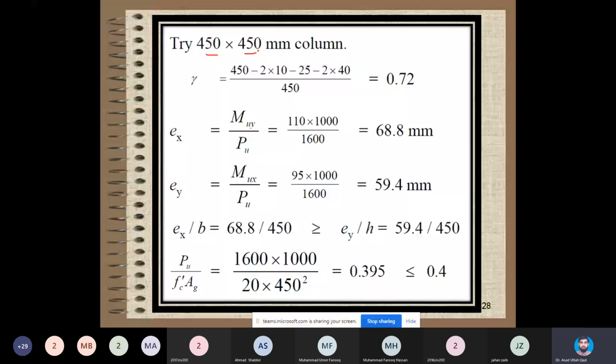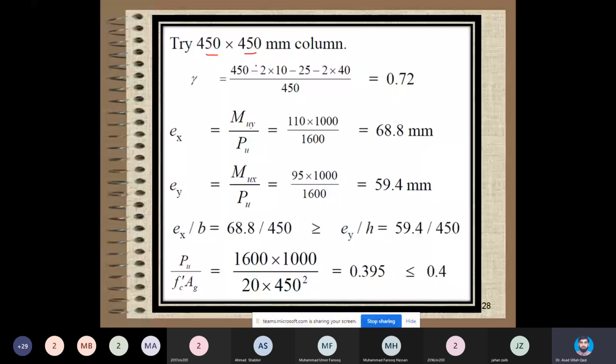As I said, in Pakistan, multiples of 75: 15 inch, 18 inch, or 375 millimeter, 450 millimeter, 1 feet, 21 inch, or 525 millimeter, and then 24 inch or 600 millimeter. They are very common sizes. So in this selected 18 inch by 18 inch or 450 by 450,